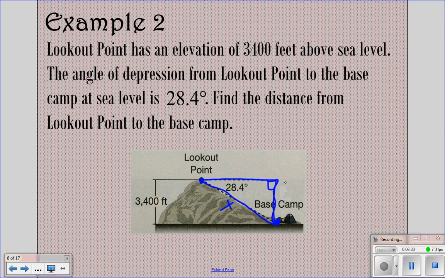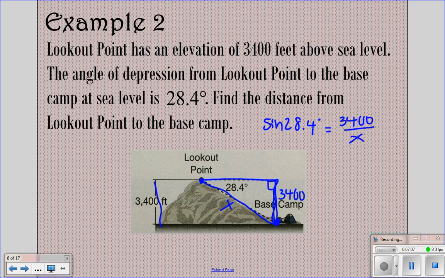We know that the height is 3,400 because this length right here is the same as this length over here. Those heights are the same. And so on this one, we have the opposite and the hypotenuse. So that means that we are going to use the sine. So the sine of 28.4 degrees is going to be 3,400